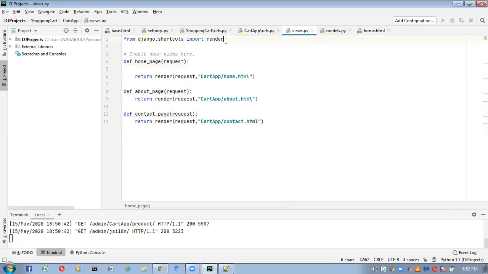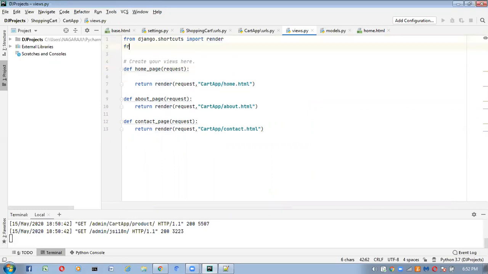Before that, import our model class: from .models import. What is our model class name? Product is our model class name. Now inside this home page, what logic do we have to write to get all products from the database?